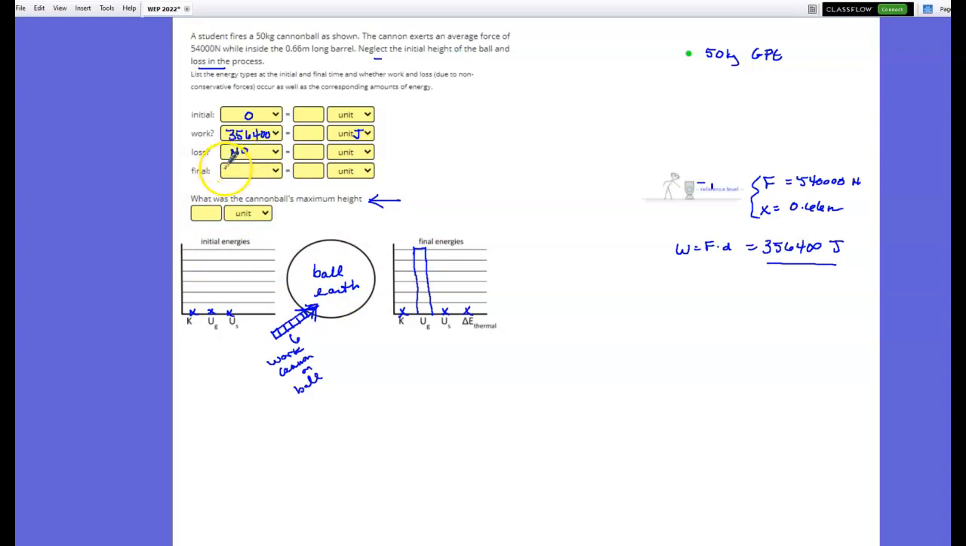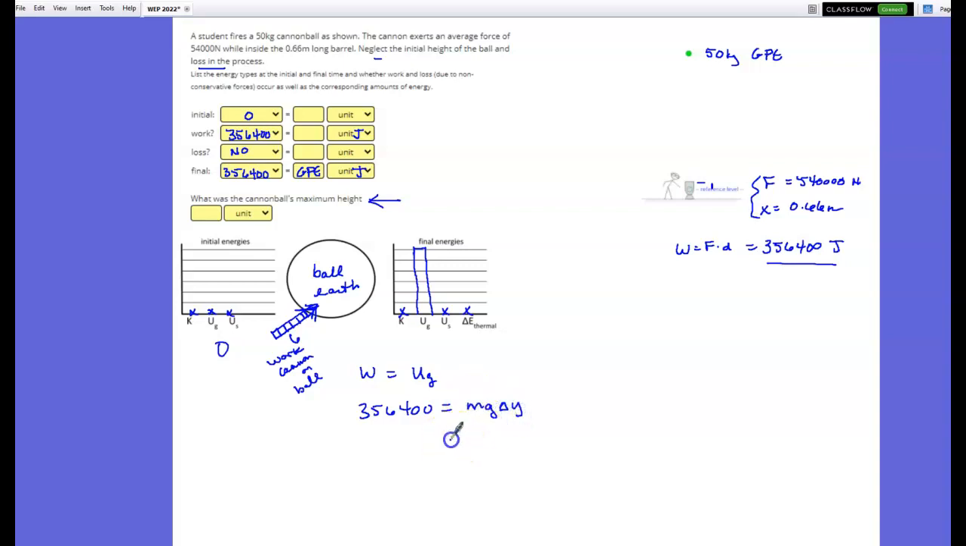So the final energy is going to be 356,400 joules, and it will be gravitational potential energy. And so our equation is energy at the beginning, which is 0, plus anything added. Okay, so there's work done, minus anything taken away. We don't have anything taken away, equals the final energy. So equals gravitational potential energy. So we have the amount of work, 356,400 equals